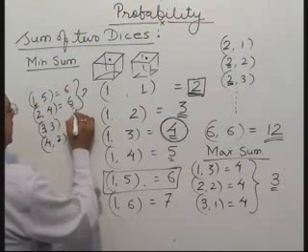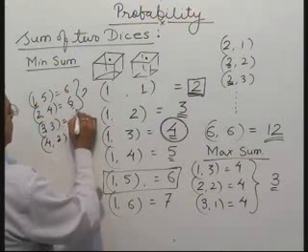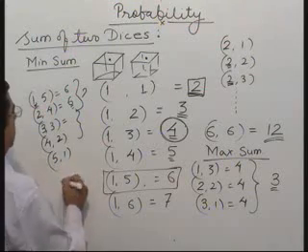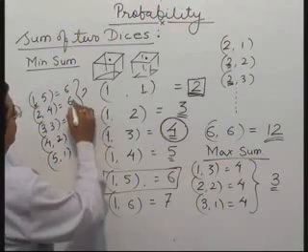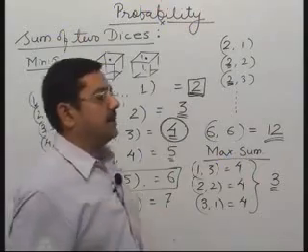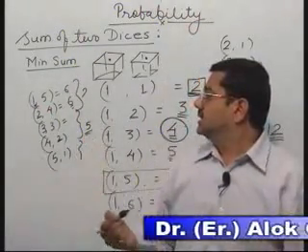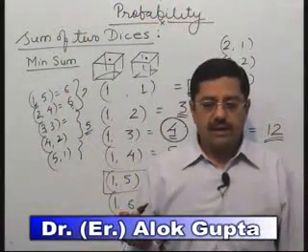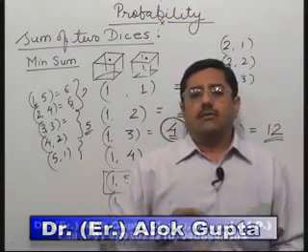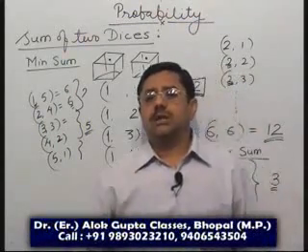So there are total 2 cases this and 2 cases this. 5, 1. One more, 6. 1, 2, 3, 4, 5. Total 5 cases are there of getting a sum 6. Getting it? अब इतने सारे नंबर हैं, question आता है,